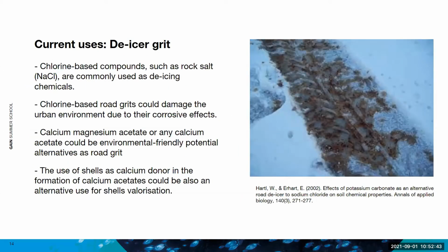Also, another current use is as an ice grit. Normally, chlorine-based compounds such as sodium chloride are the common rock salts used for de-icing the roads, but these chlorine-based salts could damage the roads, and for instance, in airports they are forbidden because they damage the